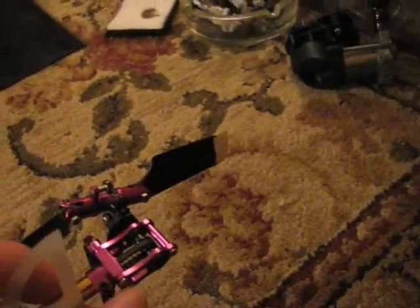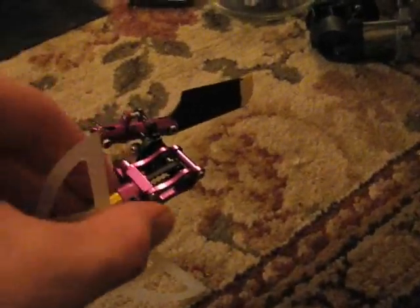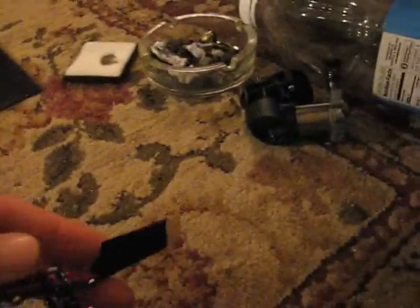Make sure there's no play back and forth on this. Check all of these screws. I've had these screws back out on me one or two times. And check this, try to twist it a little bit, make sure it's still nice and tight, make sure it's still lined up parallel with the horizon, and make sure that everything